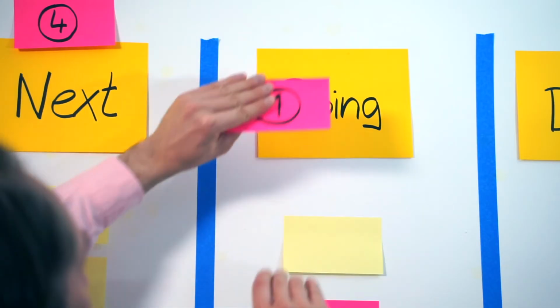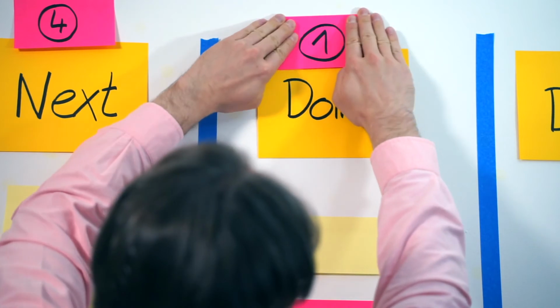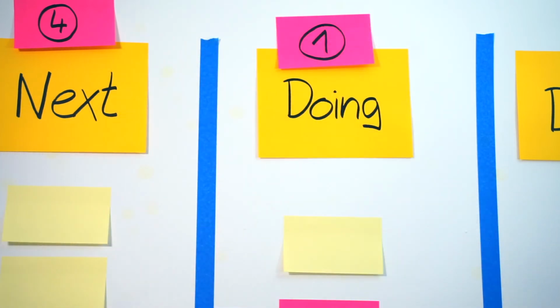The second reason has to do with productivity. We want to get things done. If we start too much work at a time, we won't get anything done. In other words, stop starting, start finishing. The next column is doing. I would limit that column to 1 or maximum 2 tasks. Again, the idea is to finish work before you start new work.